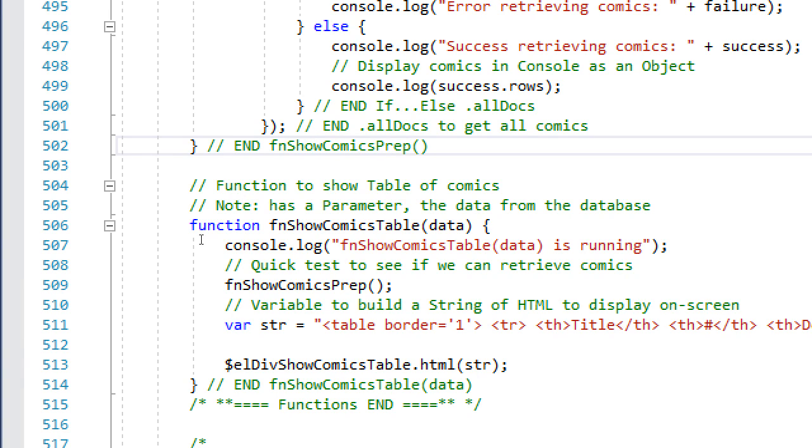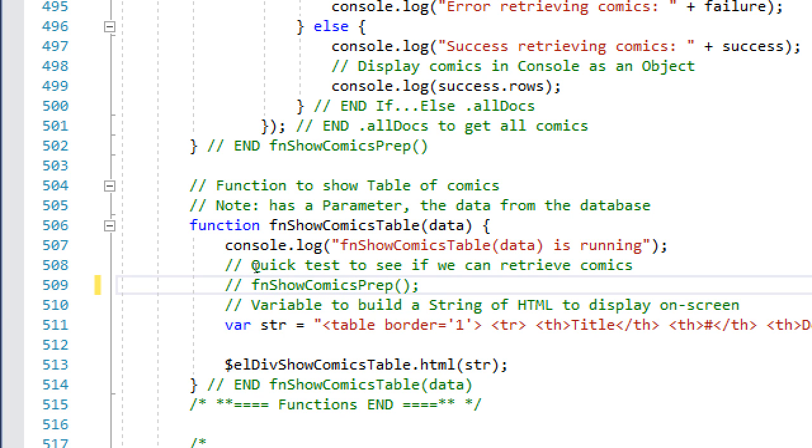So where I last left it, we put in temporarily function show comics prep inside a function show comics table, and I have the note there, quick test to see if we can retrieve the comics. It was just a test, so I'm actually going to comment that out. In your function show comics table, we've got show comics prep. Comment that out because it's not quite ready yet. We are still preparing the comics data a little bit. We just left this function call there at the end of the day last time just to see if it was kind of working. And I confirmed that it was, so to continue it to work,